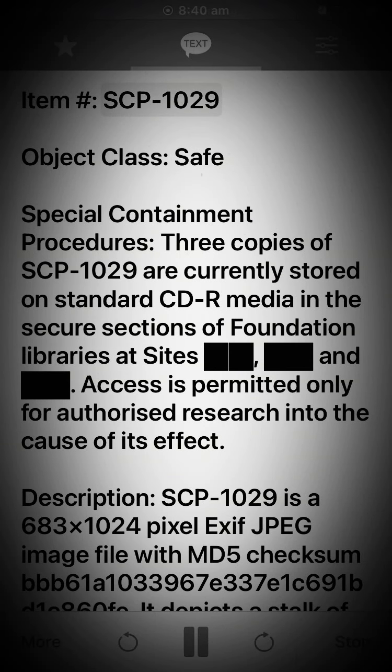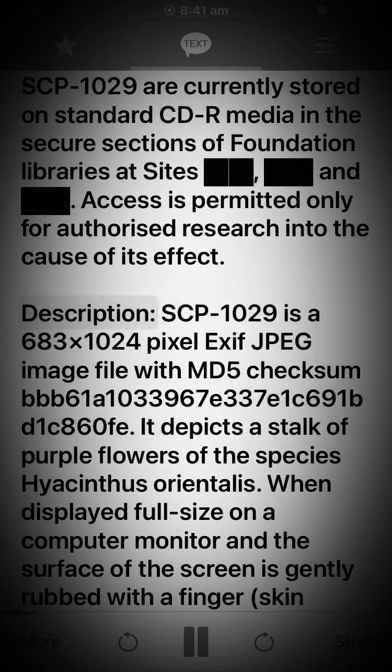Item: SCP-1029. Object Class: Safe. Special Containment Procedures: 3 copies of SCP-1029 are currently stored on standard CDR media in the secure sections of Foundation libraries at sites, and access is permitted only for authorized research into the cause of its effect. Description: